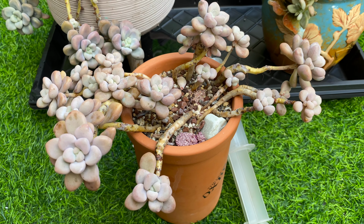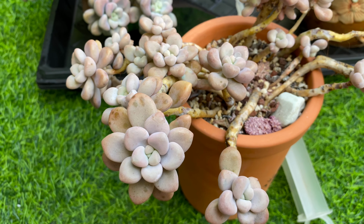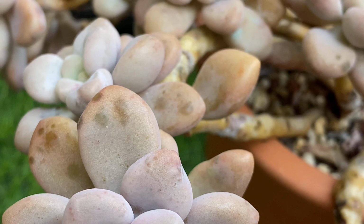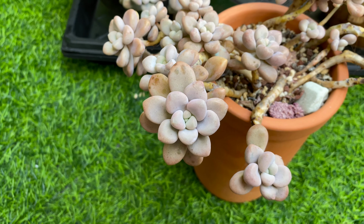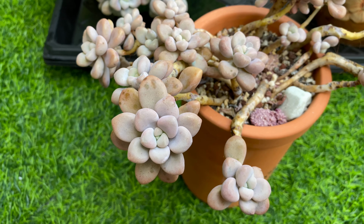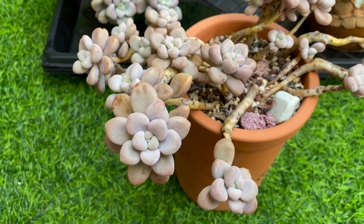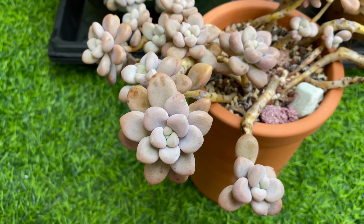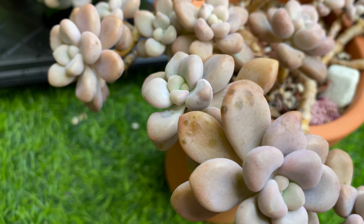The next problem that you might encounter when you're caring for Ellen would be leaf edema. This is what it looks like there. As you can see, there are bumps on the leaves and it's showing dark circles like that. At first glance it would look like a fungal infection, but it's actually not. Usually Ellens are thirsty drinkers, thirsty girls. When they get moisture from the soil, they just drink and drink and drink even if they're really full. So the water actually comes out of their pores, and this is what happens. It becomes like this, and then this one will scar, but this will not hurt them, not unless